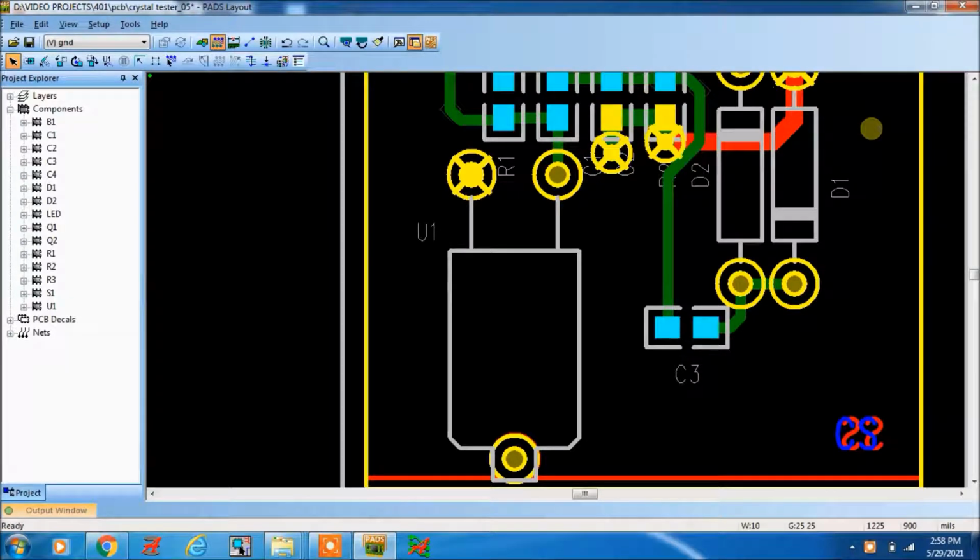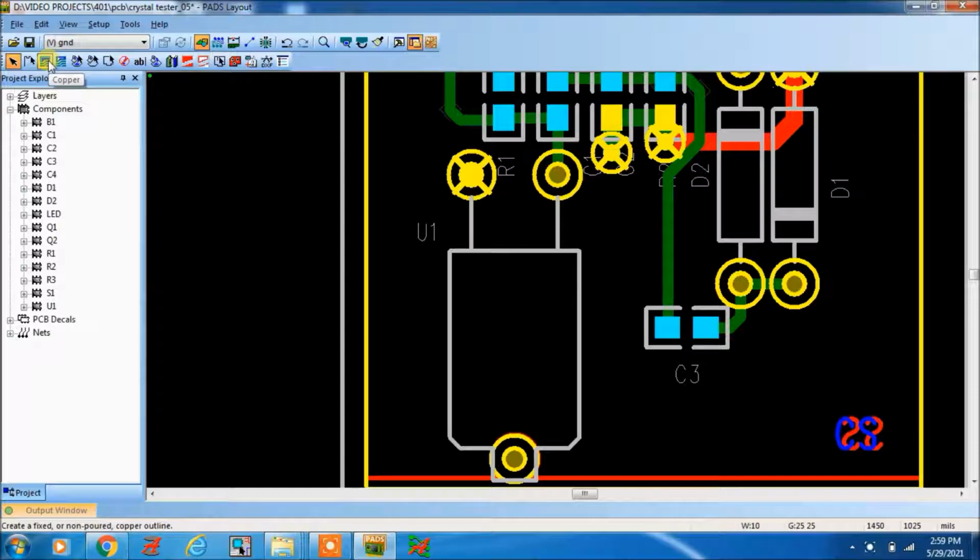So today we are going to learn how to add stitch vias in PADS layout. For that, we have to go to the drafting toolbar. Here the copper shape will be there, copper pour, but you also have copper pour cutout, and board outline and cutout. These are the different shapes.